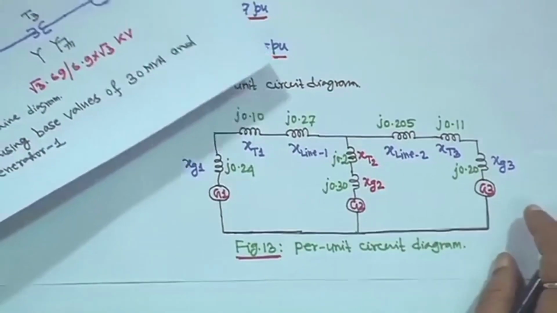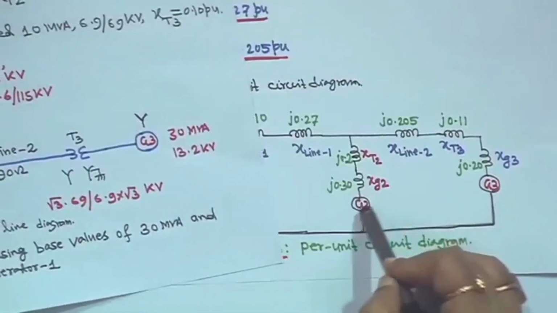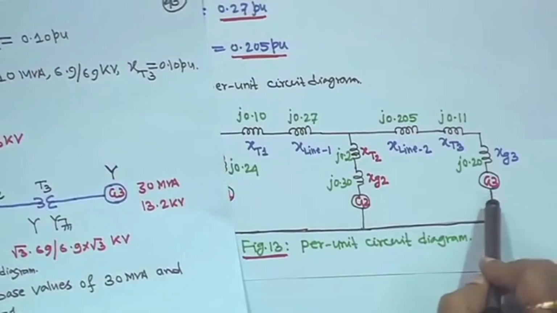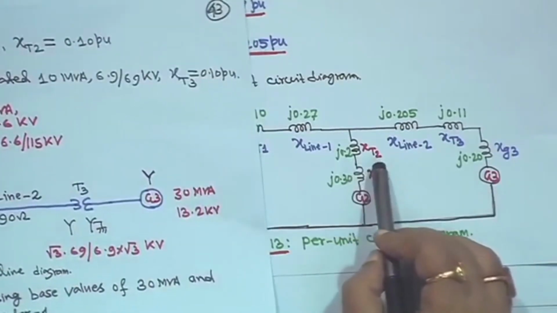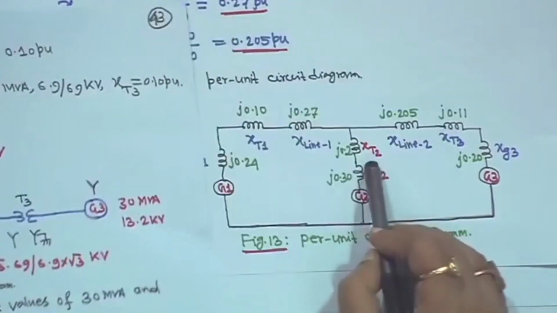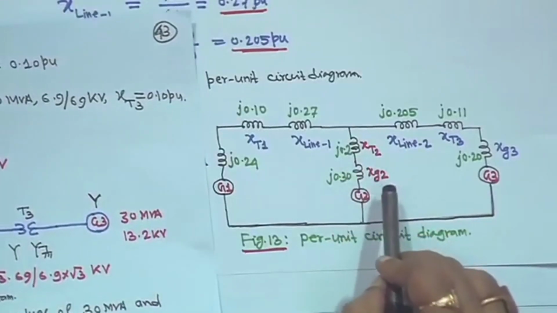Now, generator 2 is connected in between these two. G2 and G3 will be in parallel. Therefore, this is XT2, that is j0.2 here, and XG2 we computed,